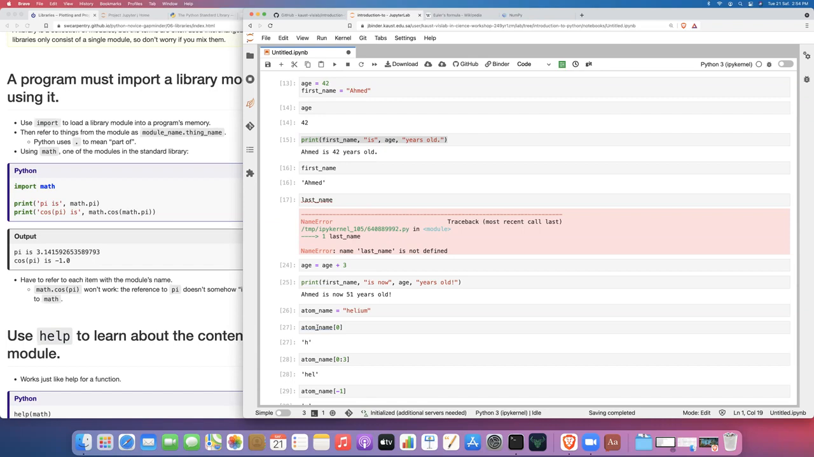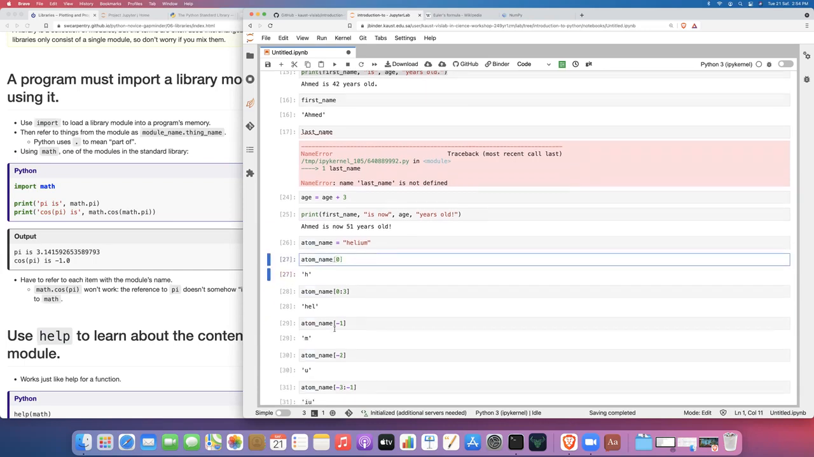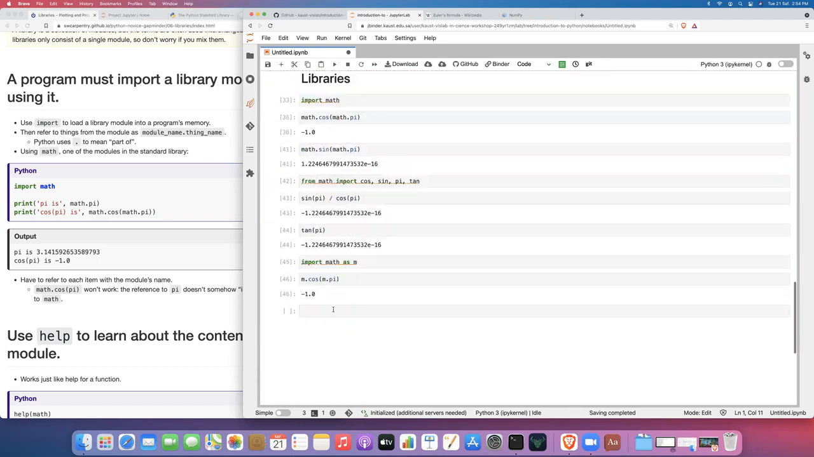So you can't use a library in a script or notebook without importing it, and you can't import a library that you haven't already installed. So, for example, let me see if I can show you what an import error might look like. So if I try to import SymPy as,